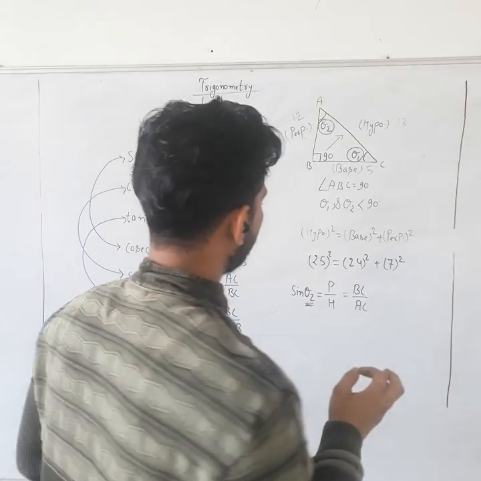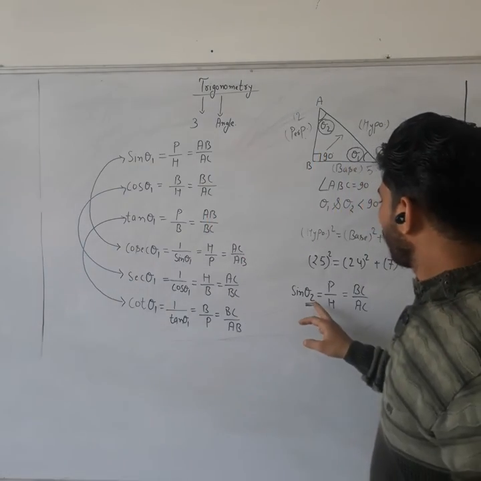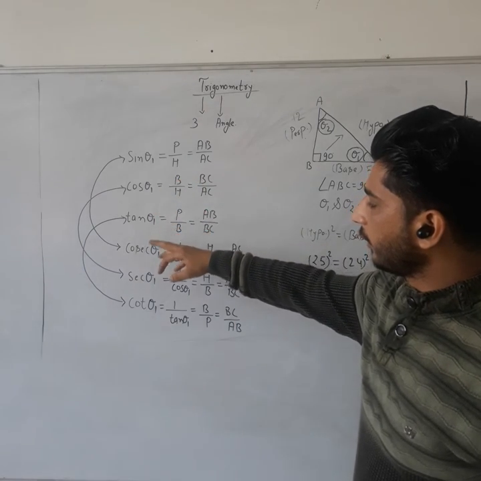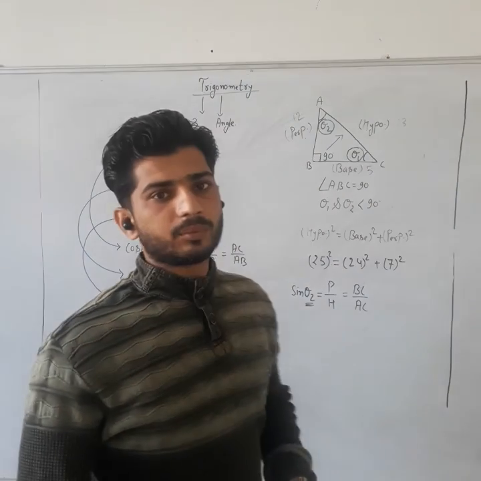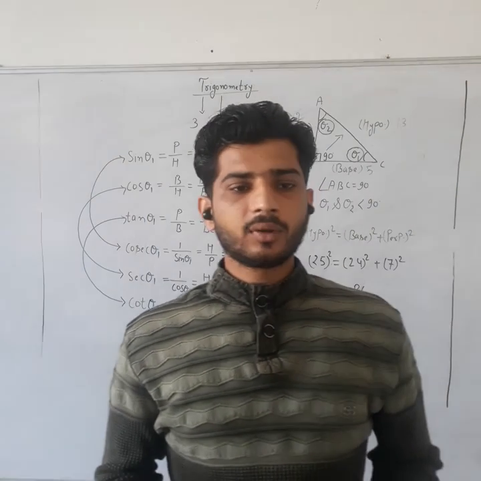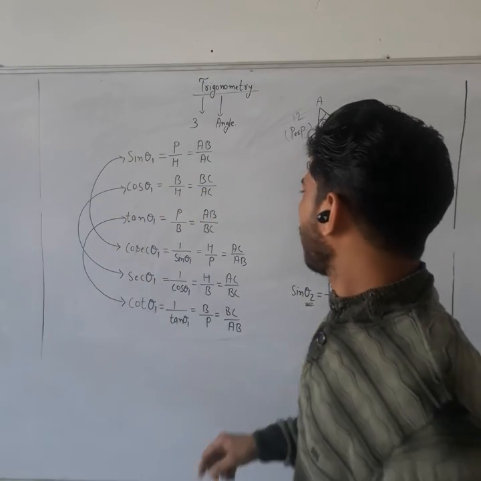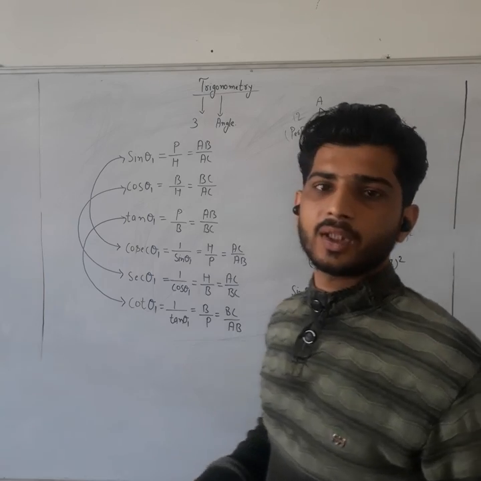This is the basic of trigonometry. And in the same way, we can find all the values of sin, cos, tan theta 2 and the rest. Okay. So I hope you understand this concept, and we will meet in the next class and discuss how they are related with the identities, how we can find another ratio and all these.